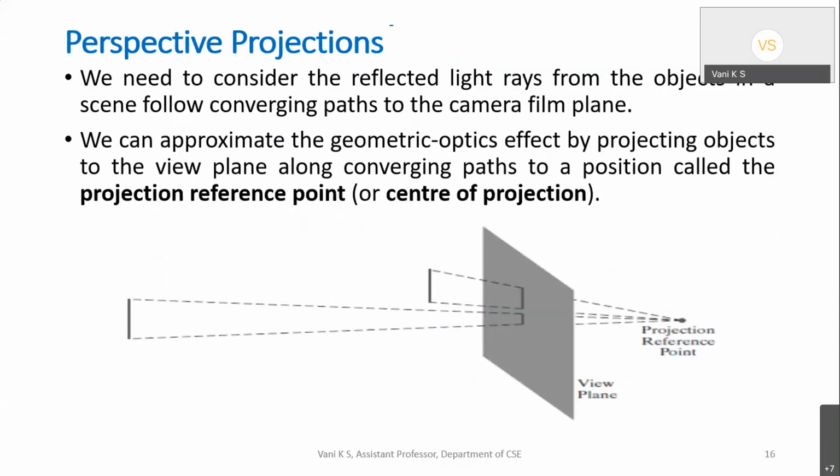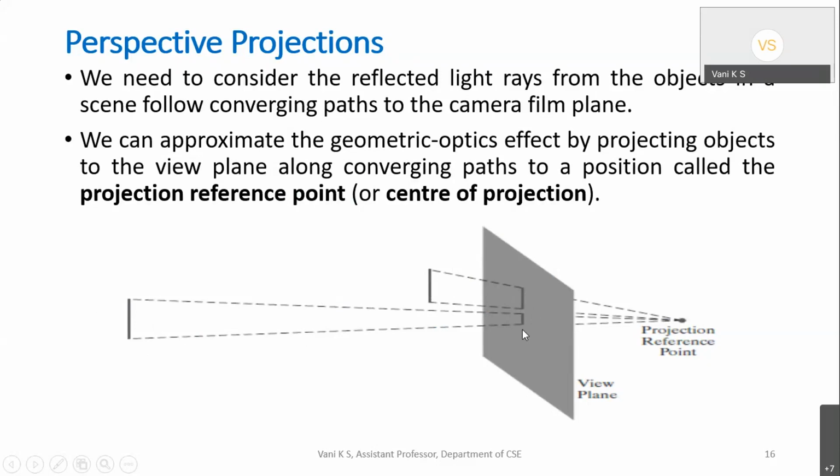Next, the perspective projection. I told you the projected lines converge at one point. This converging point has a name: the projection reference point. See here, two lines are projected along the converging lines onto the view plane. Both objects are of the same size. I'll consider the two lines as 3D objects now. But see, as the object moves closer to the view plane, the size will be larger. As the object is away from the view plane, it is smaller.